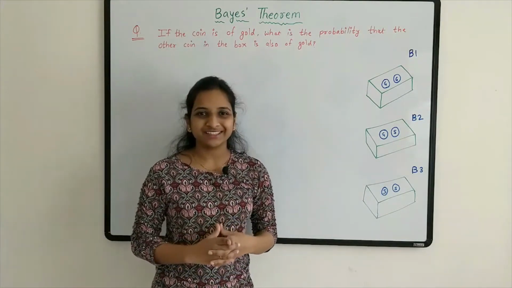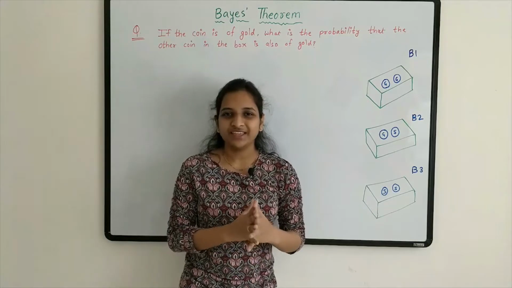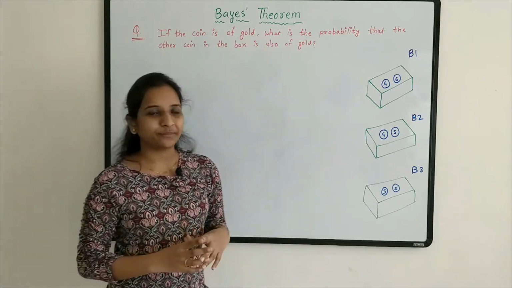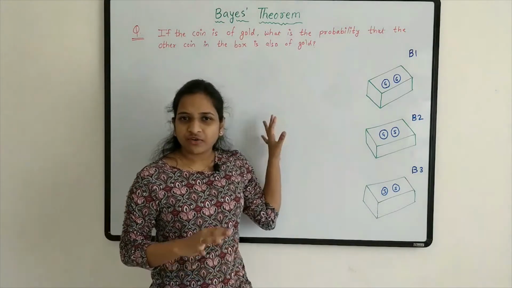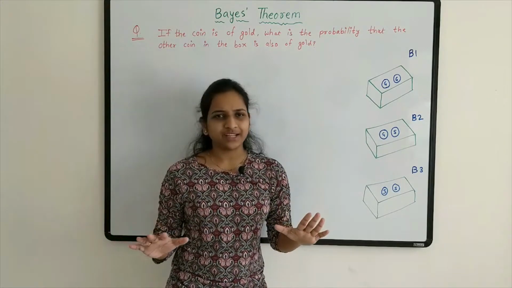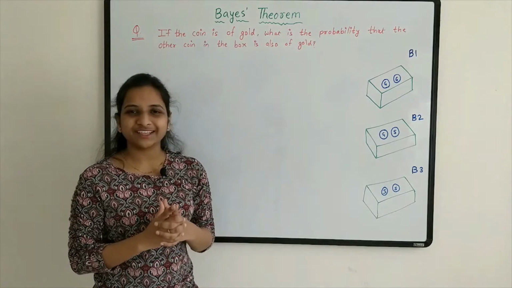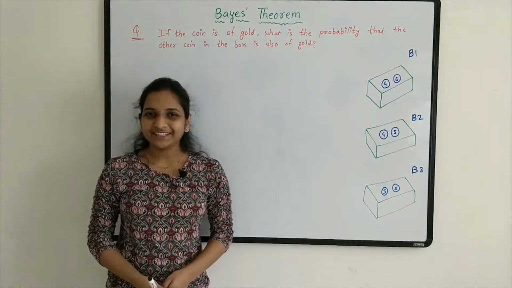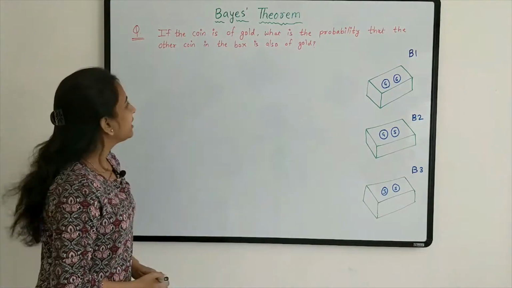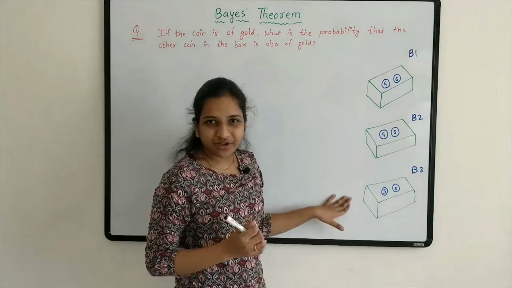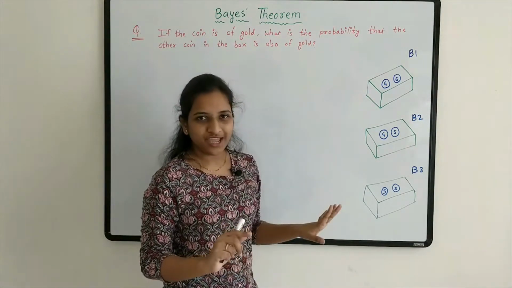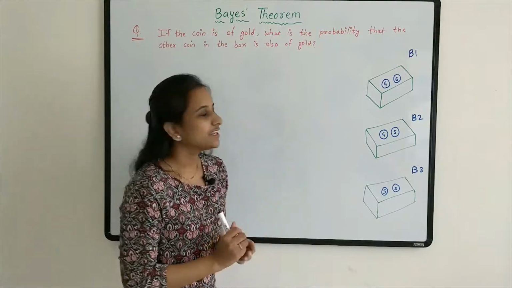How to solve this? See, the main thing here is decoding the problem. Everyone knows the formula and mathematics, addition, subtraction, everyone knows. But where to use which formula is also important. Let's decode this together. A person chooses one box at random, okay, and takes out one coin.